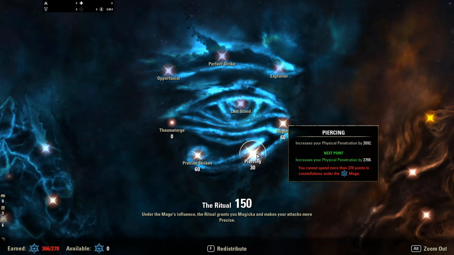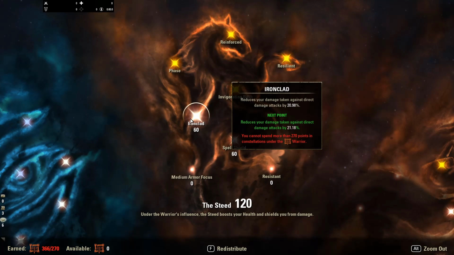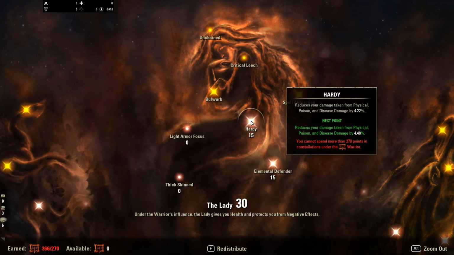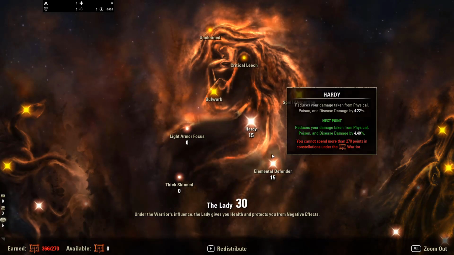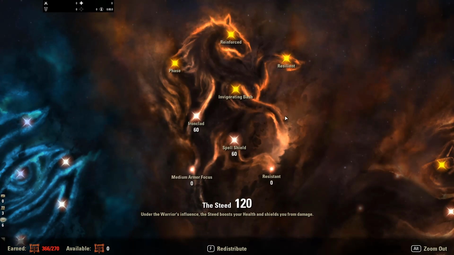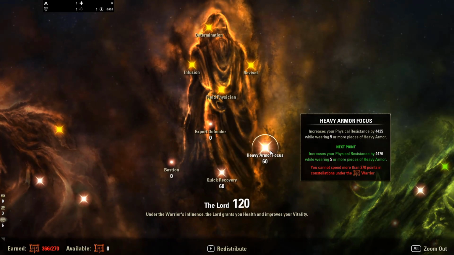60 into Precise Strikes, 30 into Piercing, so we got an extra 2,700 physical penetration. 60 into Mighty. This is going to be all of our damage output. 60 into Ironclad, 60 into Spell Shield. Here's where I differ on a lot of builds. I don't normally put a ton of points into this. You want to know how I hit my resistance cap? It's because I don't put 60 into these. I actually put 60 into, oh, I need to move that around. Look at that. We're going to hit our resistance caps because right now I have 60 into